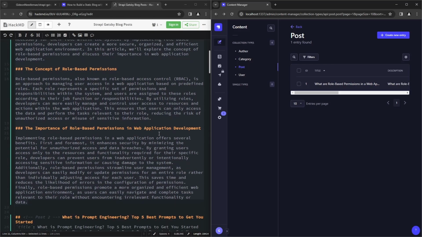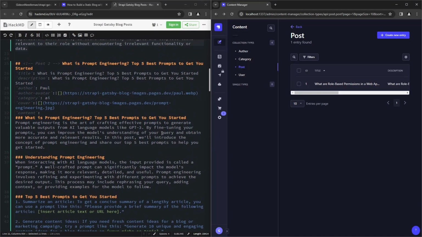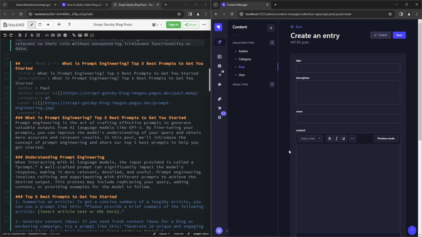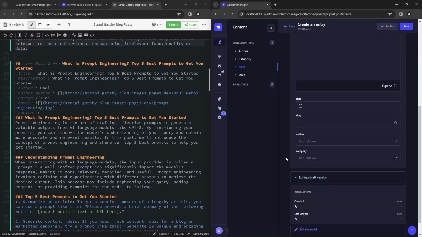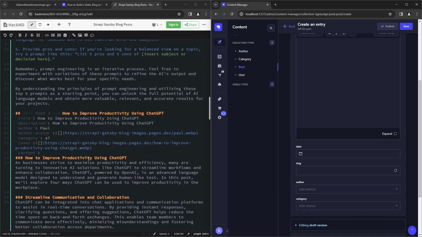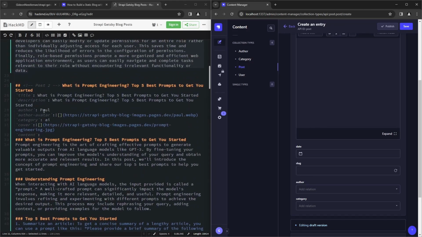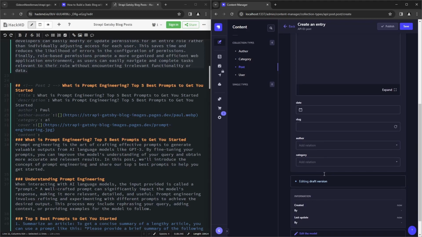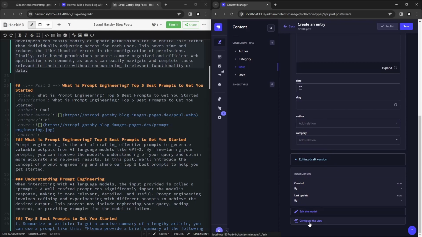We're going to have to do the same thing for all of the other posts, and it's just copy and pasting, so I don't want to waste too much time with that. I'll do that off camera, but one thing I want you to notice is that I find it a little bit annoying, the order of the fields here, because I don't want to scroll back and forth between copying the content and scrolling back up and figuring out who the author is and what the category is supposed to be. So I want to rearrange the fields here in Strapi, which you can do when you press configure